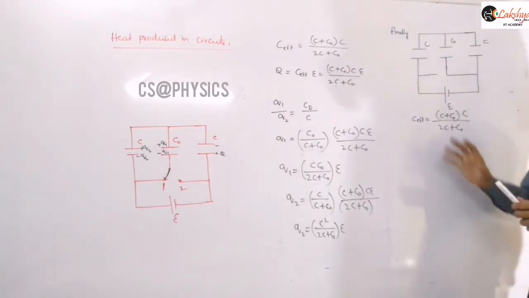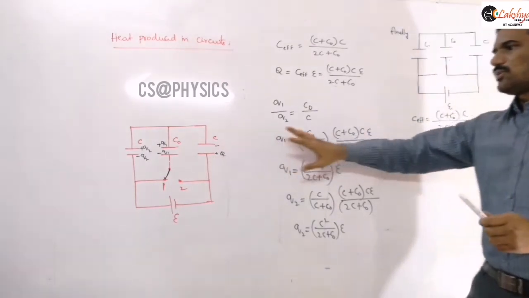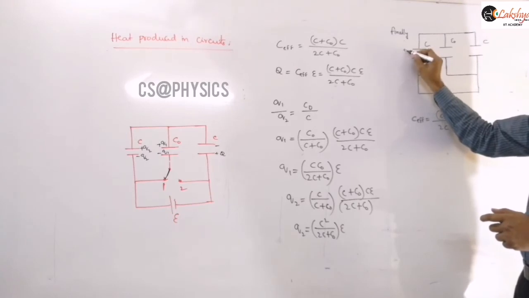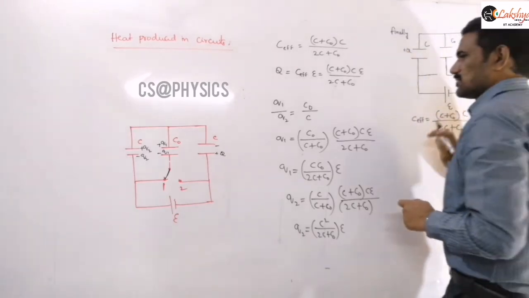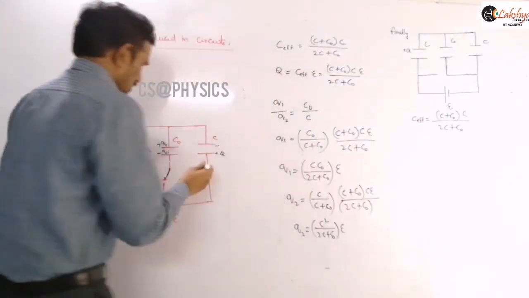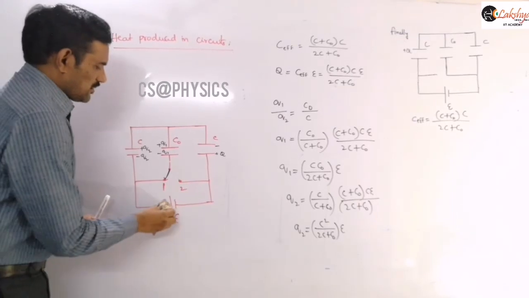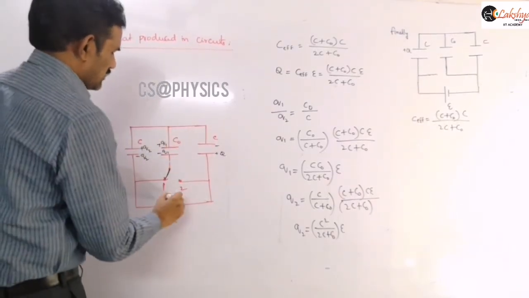Now directly I am writing here: whatever the initial charge on this capacitor, that amount of charge will be present on this capacitor here. So here, plus Q will be there on this, because of the charge distribution we are taking like this. So I am changing the battery polarities here. The polarities let us take like this.